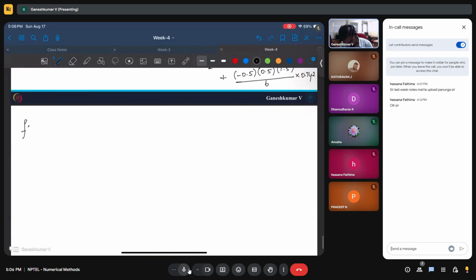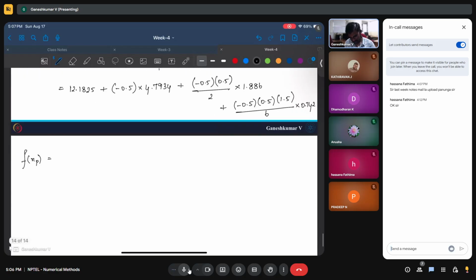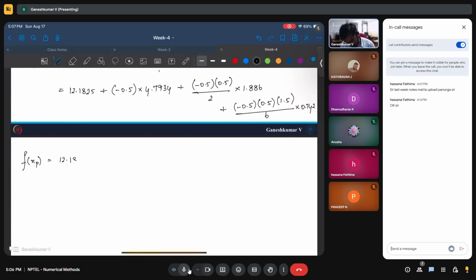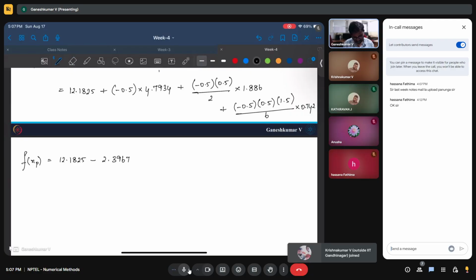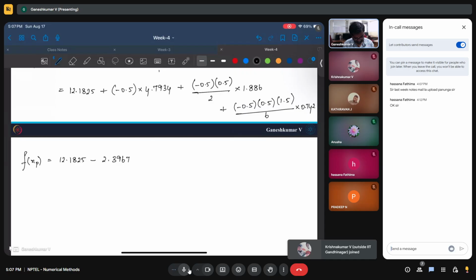Now what will happen to f of xp? Can you guys find this out? 12.1825 plus 4.7934 into 0.5, minus 2.3967, plus this is also minus 0.5 into 0.5 into 0.5 divided by 2 into 1.886. So this is a minus 0.2358